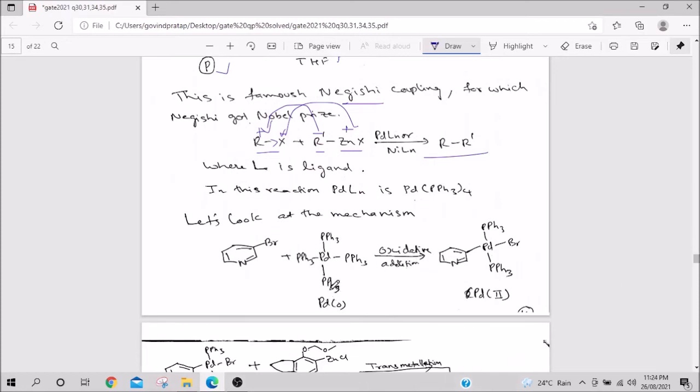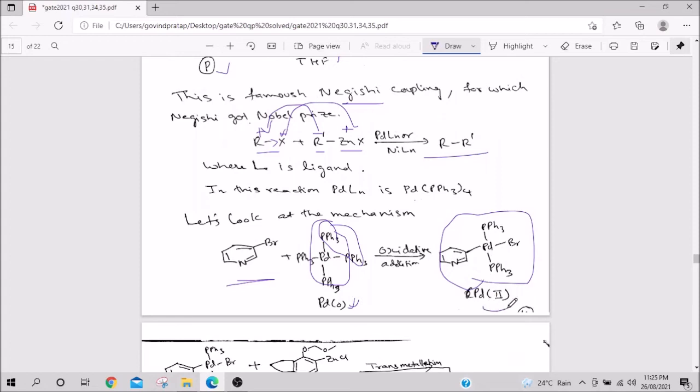So, very simple, this is Pd(PPh3)4. This is Pd(0), very unreactive. Why is it unreactive? Because 18 electrons are there in this. So, the first step is always that 2 PPh3 are lost. Okay. So, it becomes 14 electrons, and then this goes and attacks here, so that you get 16 electrons and you get this. This is oxidative addition, because from 14 it became 16 electrons, right.